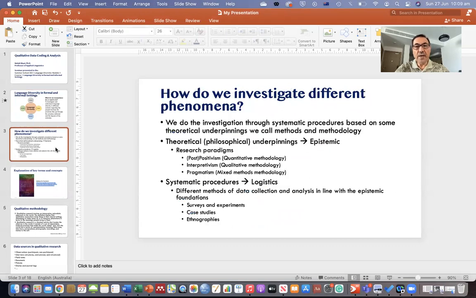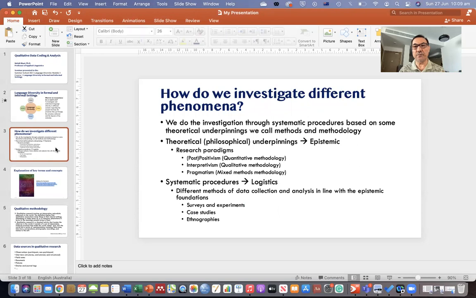So how do we investigate different phenomena more broadly and generally? Language diversity is just one example of a phenomenon that researchers face. So we do the investigation through systematic procedures based on some theoretical underpinnings that we call methods and